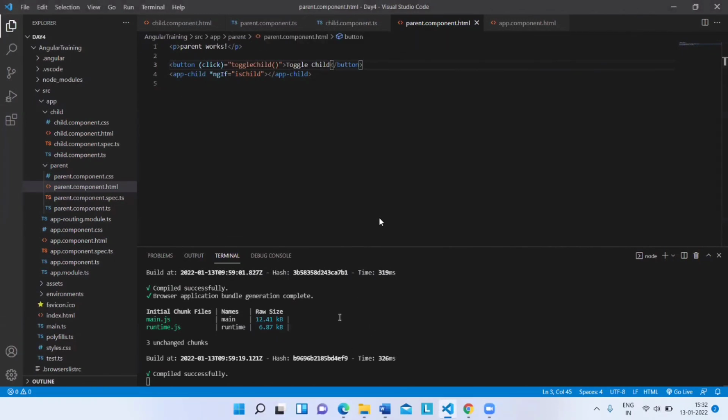See, among all the hooks, we will not be using all the hooks. We will only be using on init, on destroy, and then on changes and on after view part of it. So other hooks, in a very rare case, we will be using them based upon the requirement, but the frequent usage is only the 4 hooks which we will be frequently using when we are trying to develop the project. That is OnInit, OnDestroy, OnChanges, and OnAfterView. Okay, so now do you have any doubts as far as